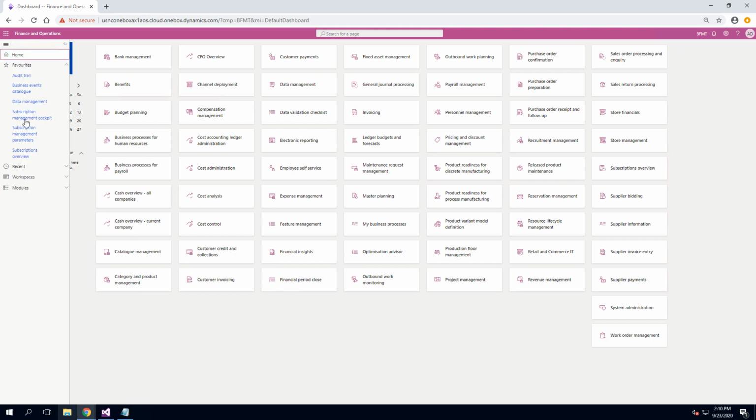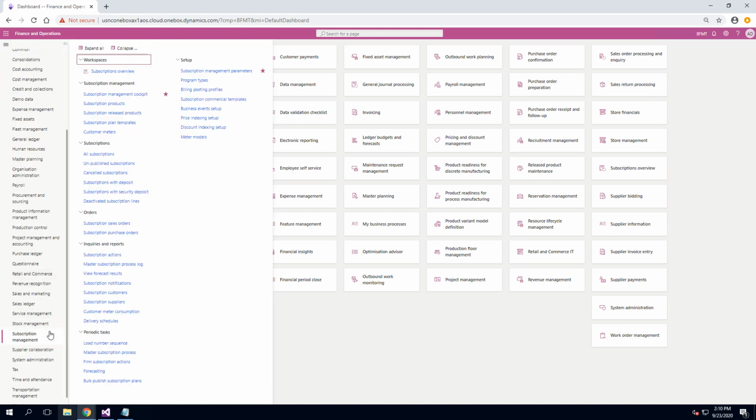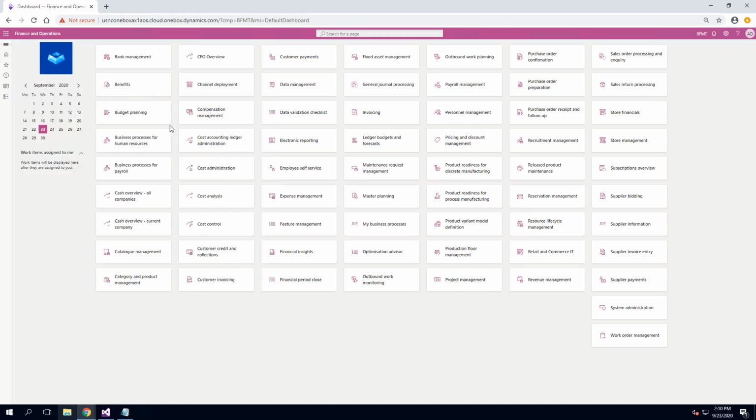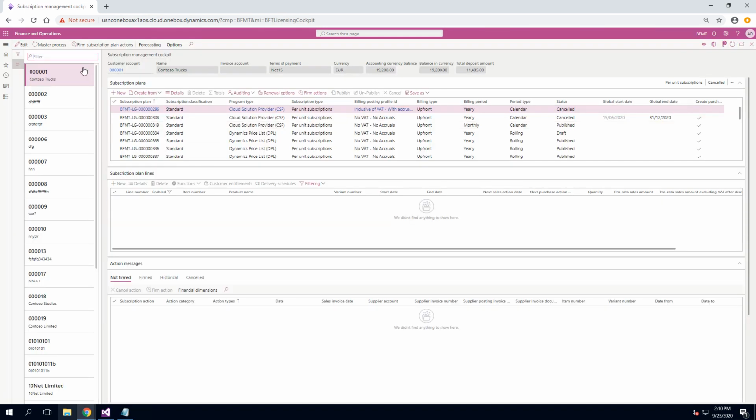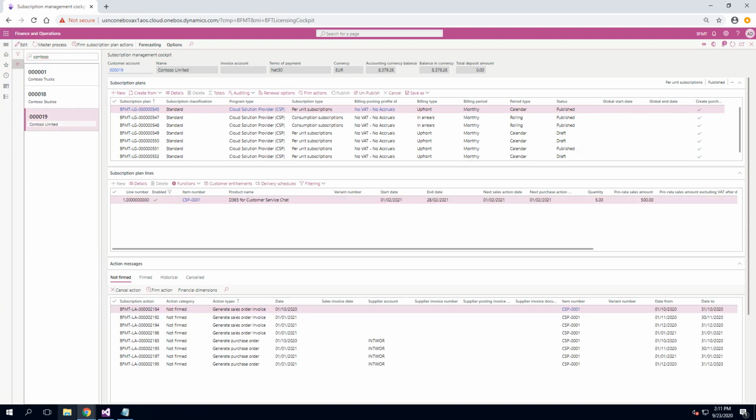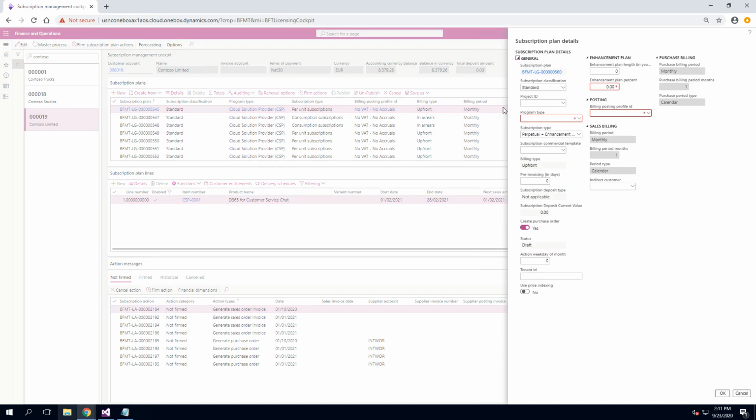Let's move to the subscription management module and to the subscription management cockpit. Under subscription management, we'll filter on our favorite customer, Contoso, and we'll create a new subscription plan which is standard. In this case, I will select the program type called DPL, and my program type has a default subscription type of perpetual enhancement. I will select my enhancement plan, which is in years, and I will select value 1, and I will set up an enhancement plan percent, for example, of 16,